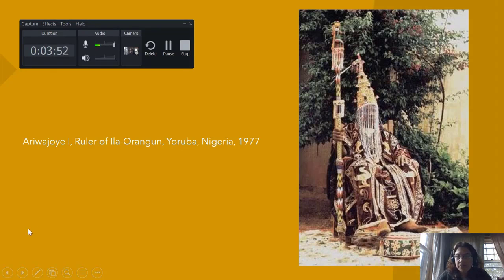And so what I'm showing you here is a king, and you can see that the headdress the king wears has this veil of beads. The idea is that when you look upon him, you can never really truly see his face. So when the king wears the fringe crown, the idea is that his identity is being changed. His outer head is covered by the crown, and his inner head becomes one with the sacred authority and power,